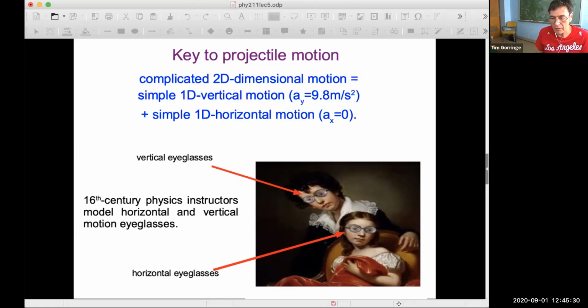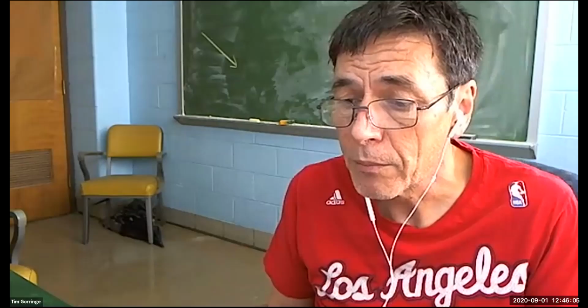The key to understanding projectile motion is not to think about the complicated two-dimensional path or trajectory of the projectile, but rather to break that projectile motion down into two parts: the vertical motion and the horizontal motion, a one-dimensional vertical motion and a one-dimensional horizontal motion. If you think about those two parts separately,